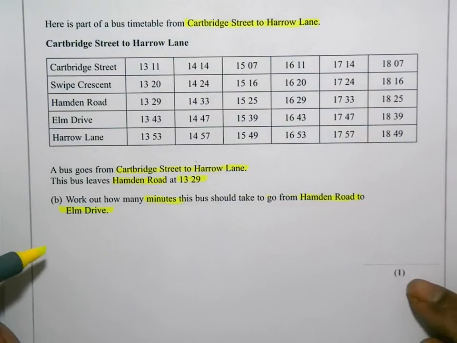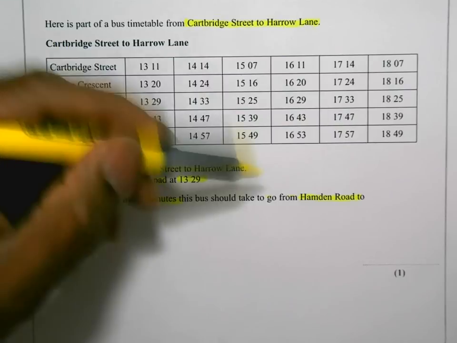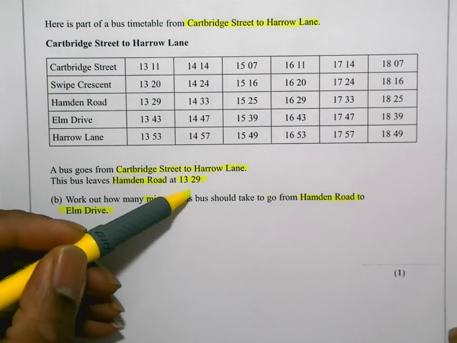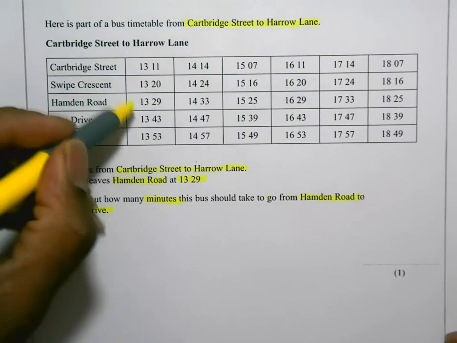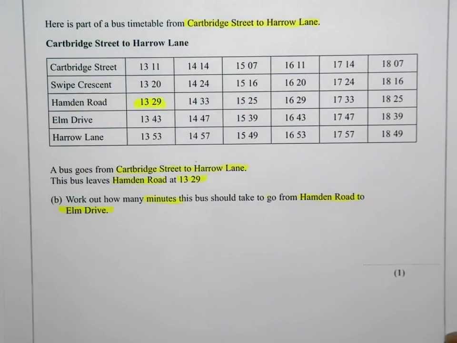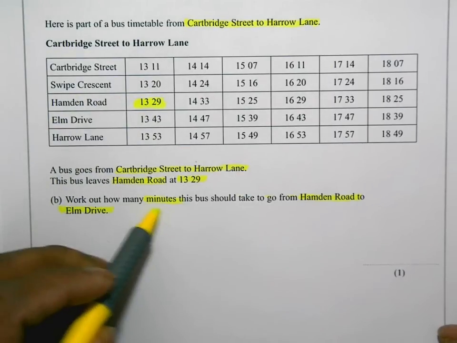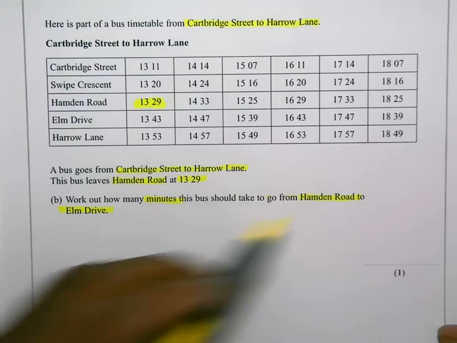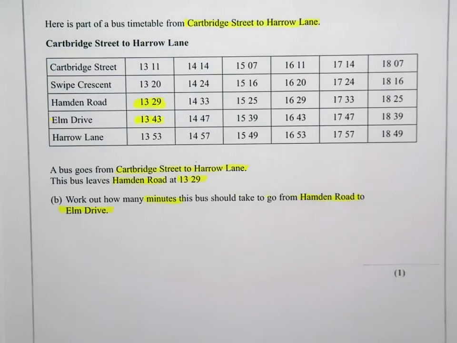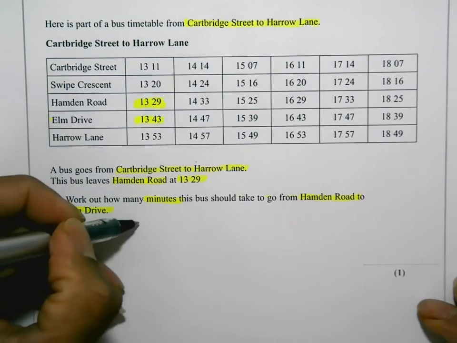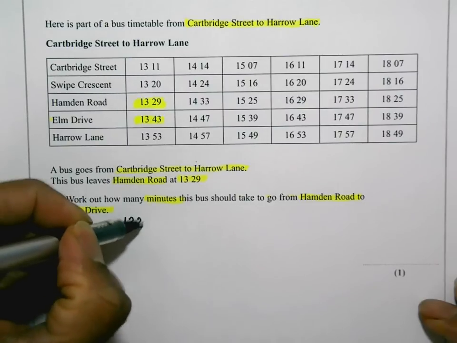So I need to look at one of these columns, and I need to find 13:29. And that's when the bus leaves Hampden Road. So along Hampden Road, 13:29. Here it is, 13:29. It leaves Hampden Road at 13:29, and they want to know how many minutes this bus should take to go from Hampden Road to Elm Drive. And here's Elm Drive there. So I want to know how many minutes it takes to go from Hampden Road to Elm Drive. So that's basically from 13:29